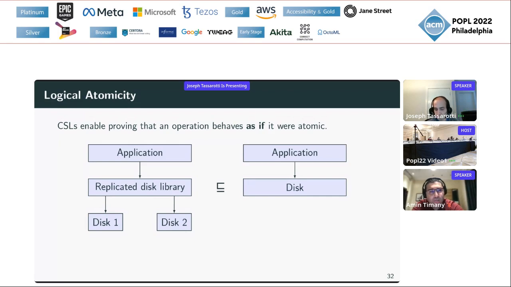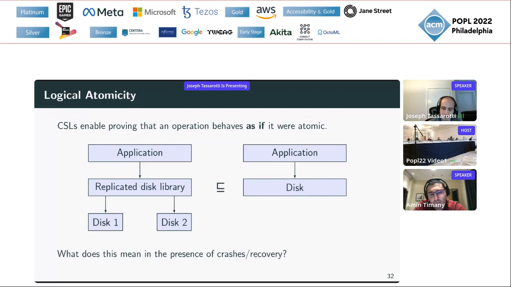A key component in establishing such a refinement is to be able to prove that the behavior of our replicated disk is atomic with respect to concurrent operations. But we also need to account for what it means to do this kind of atomicity reasoning if we have interruption by crashes and the need to do recovery.